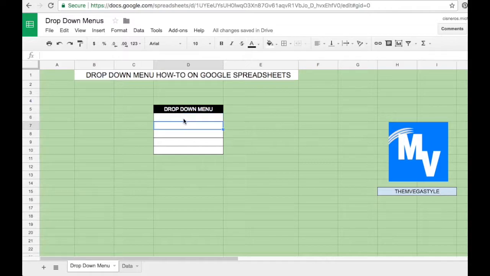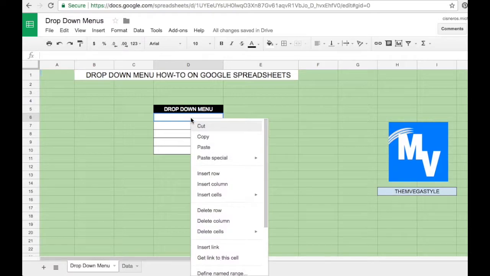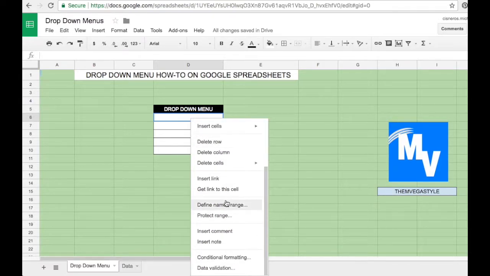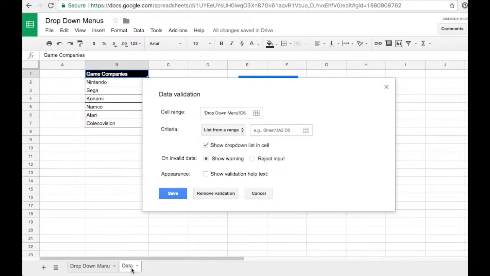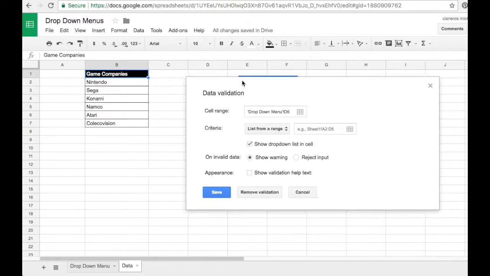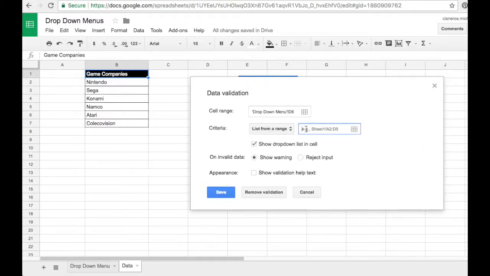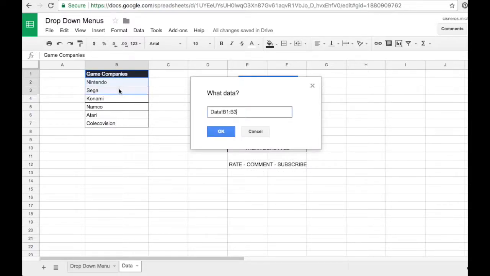All right. And then I'm going to select an area where I want to put the drop down. Now I right click on it and then scroll all the way to the bottom and go to data validation. Now I'm going to go to data. I'm going to click in the criteria area and then select my different list here with information all